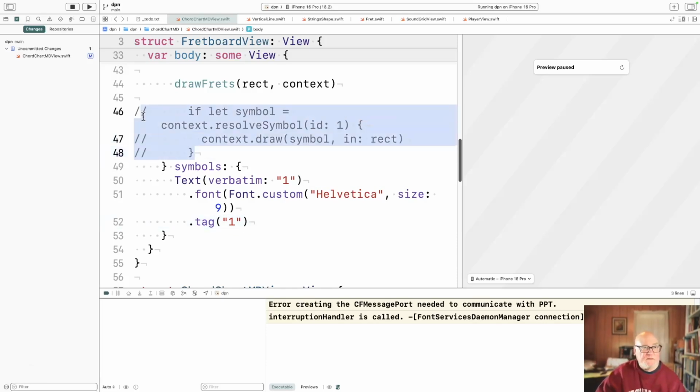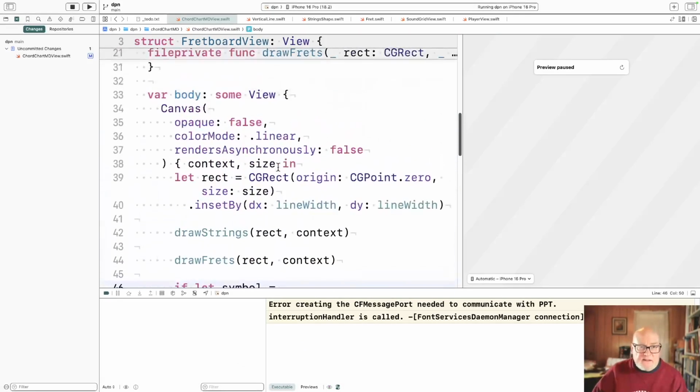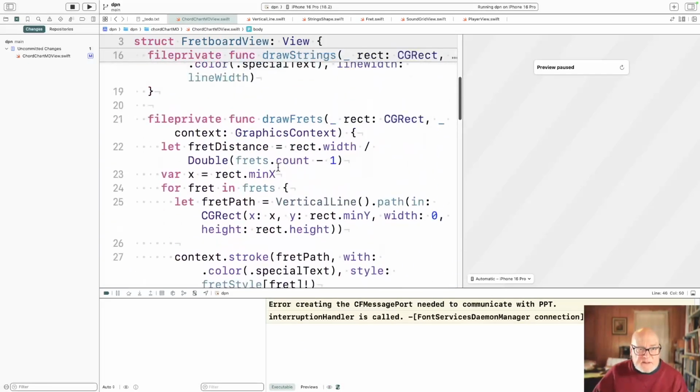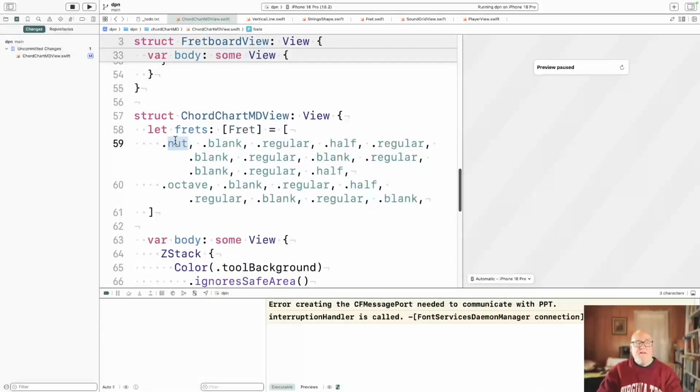Let's take this back out. Yeah, I think maybe this is too simplistic. The frets like this. I think we probably have to have a small object that tells the